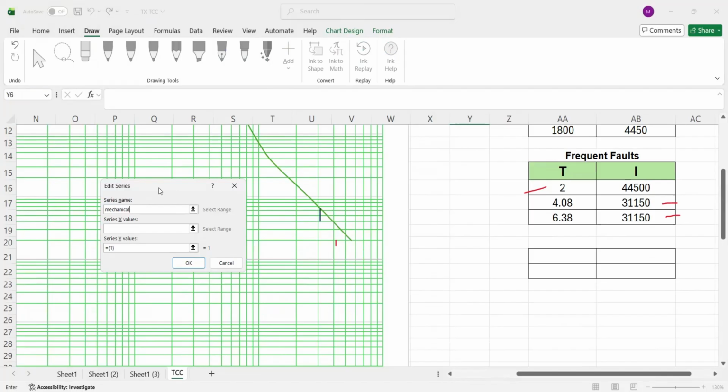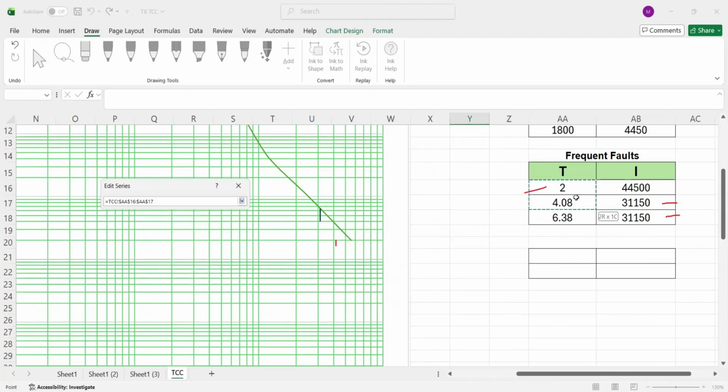For the x values, the x values are the currents from 2 seconds to 4.08. Just highlight this 44,000 up to the 31,150. Then for the y values, which is the time, the time at 2 seconds up to 4.08 seconds.